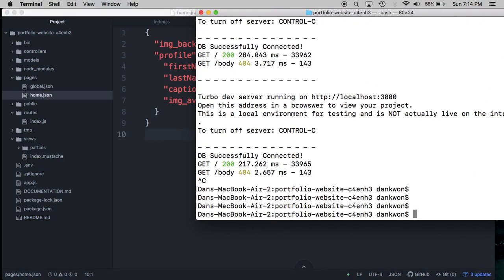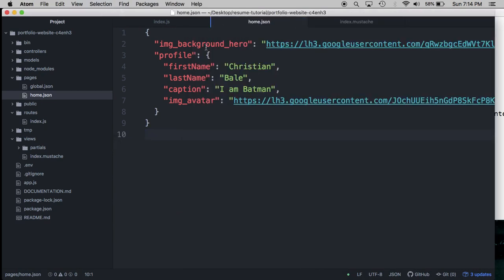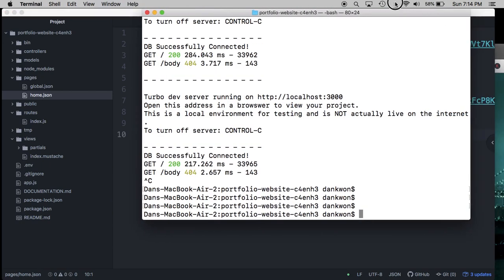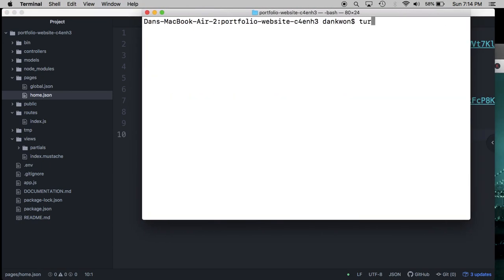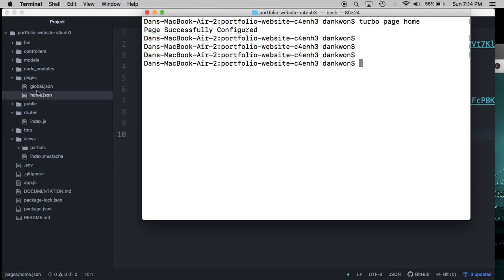So a couple things here. First thing we got to do is deploy these JSON files individually. So we have two JSON configuration files, but we only manipulated one, the home JSON. So the way you do that in this environment is it's simple. We just do turbo page and then the name of the file minus the JSON extension. So here we are deploying this config file to our project. So now our home config file has been deployed to our project on the staging environment,